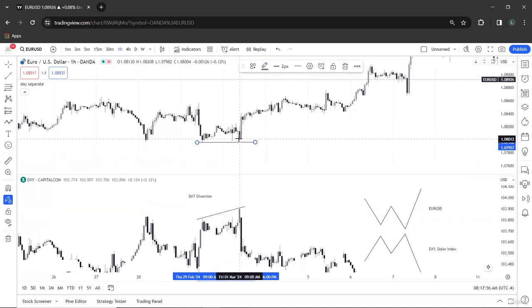This means, as it doesn't create a lower low, it didn't sweep this low. This means that strong buy orders are being placed on euro. Euro is being bought, and that's why you can see a bullish run right after. So when this happens, at this point in time, you would be locked and loaded to